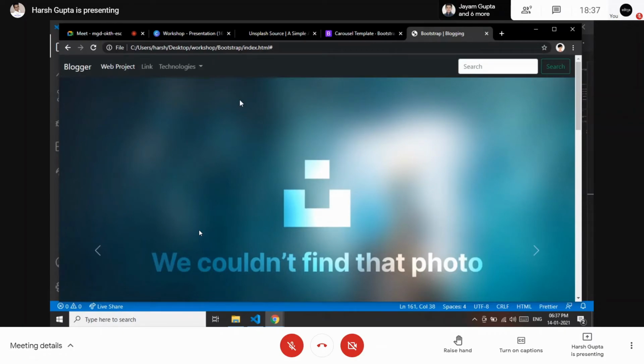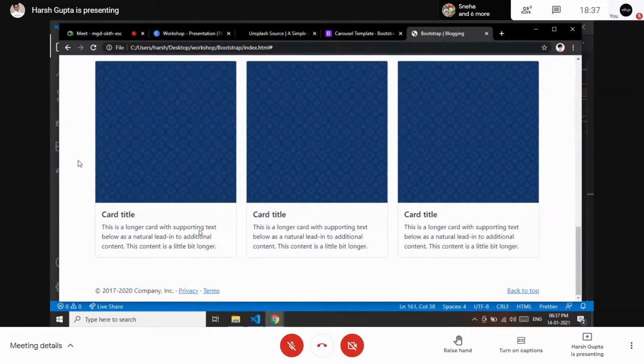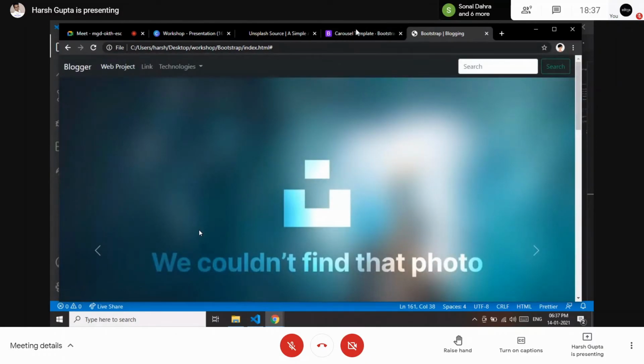By using this Bootstrap framework, we can also build a fully functional website, but only the front end. Bootstrap only provides us the front end part. It doesn't work on the back end. So this is what we have built till now by using Bootstrap, and it also has some features as well.